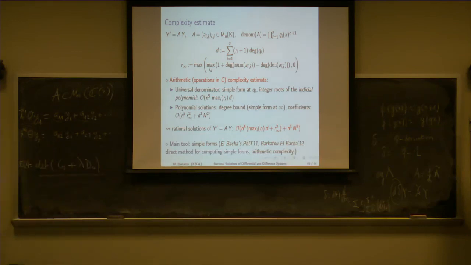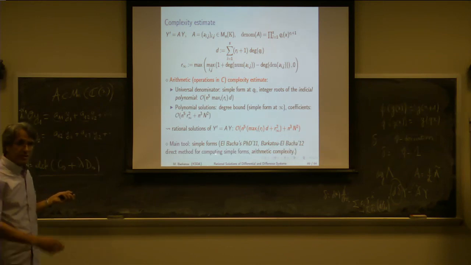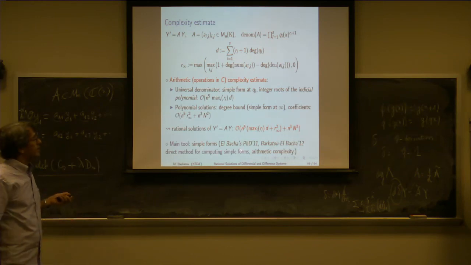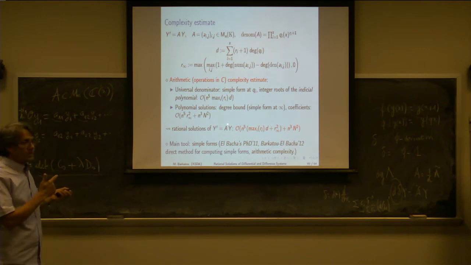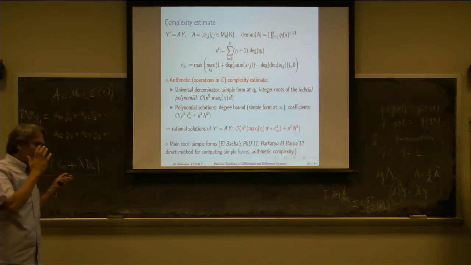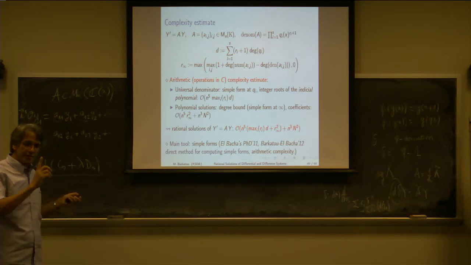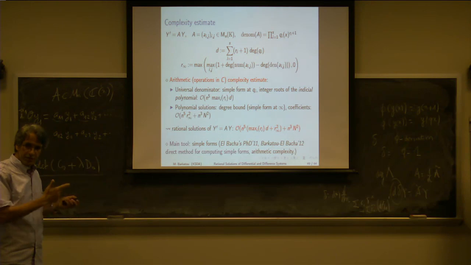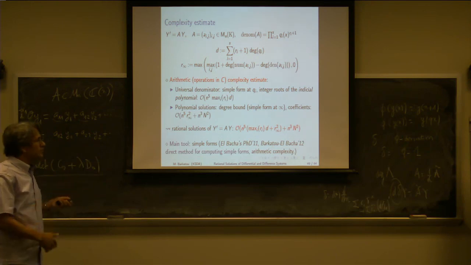In practice, it turns out that this algorithm is more efficient than using, of course, a cyclic vector. This is trivial, but it turns out that even when I took a single equation, transformed it to a first order system, and applied my algorithm to this, it was faster than